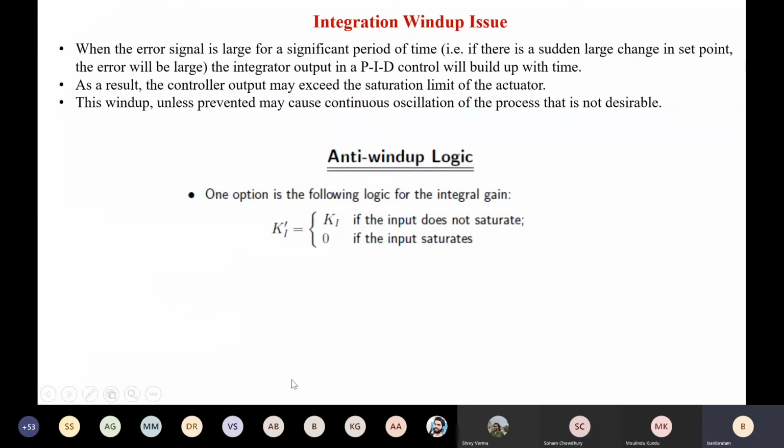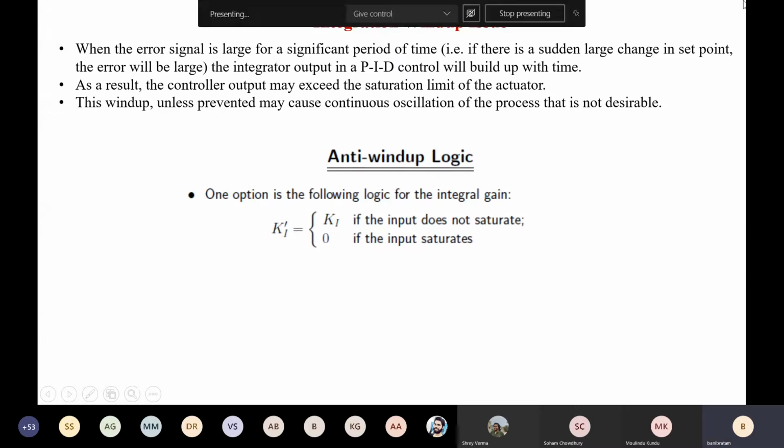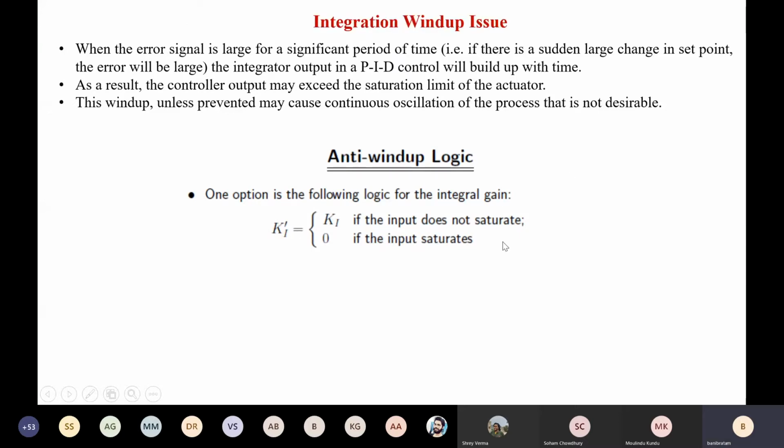So there can be different issues, but one important issue we are discussing here. You try to understand what is happening in the PID controller. This error is going as the input to the controller, and the controller is the PID controller. What will it do? It has three terms. One is the proportional term, which means that it will multiply the error by some factor KP. Then it will integrate the error, then it will take the derivative of the error, and all the things will be summed up, and then finally you will get the controller output.